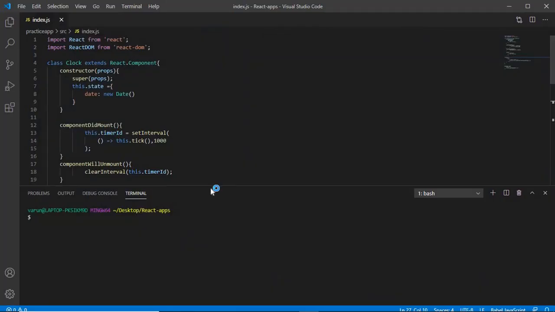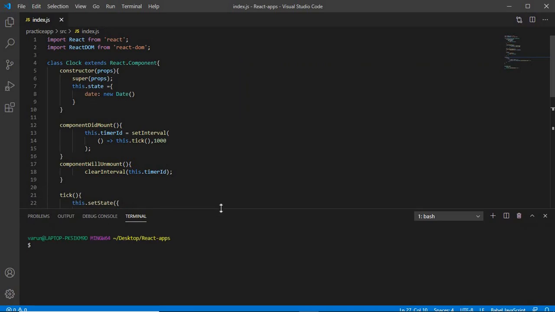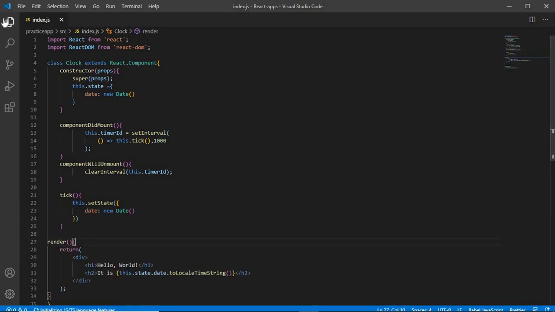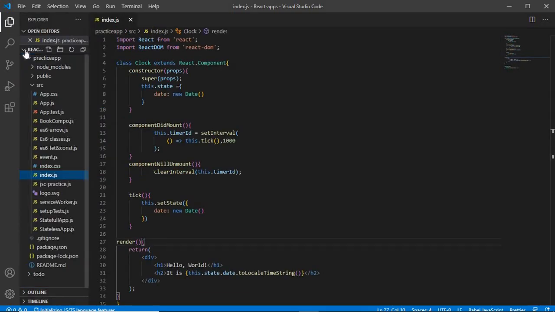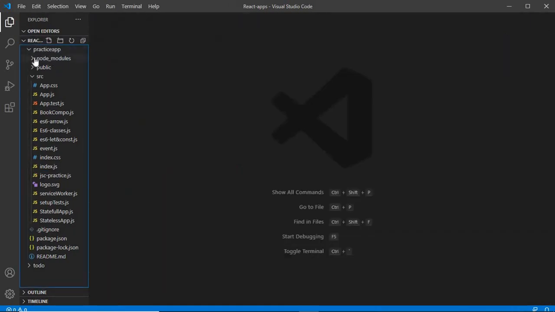In Visual Studio Code, when it opens, it always opens what we had closed earlier, that will be left over, and the same thing opens up again. But we're not doing practice app anymore, so you can go ahead and close the terminal. And if you see, you are actually in practice app. Now we don't want to be here. We want to be in